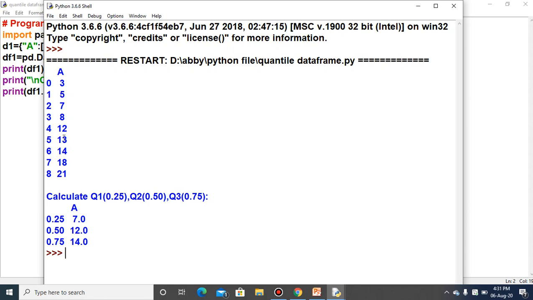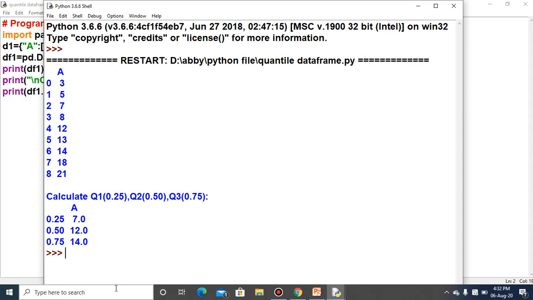Out of these numbers, 12 is the mid value. So 12 will be the median, and the median is also known as 0.50 or Q2. And for Q3, which is 0.75 or 75%, this 14 is the 0.75 quantile. So this is produced by the system.